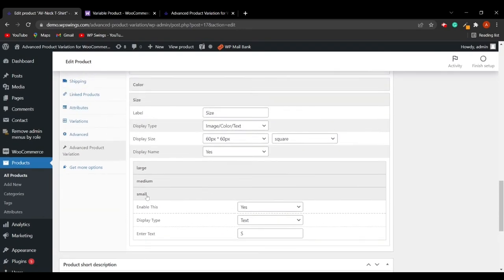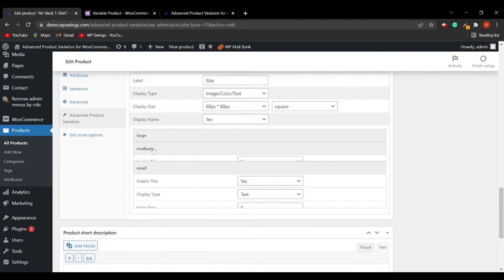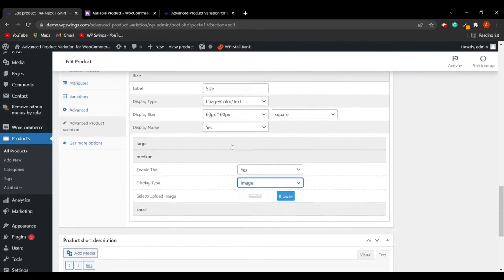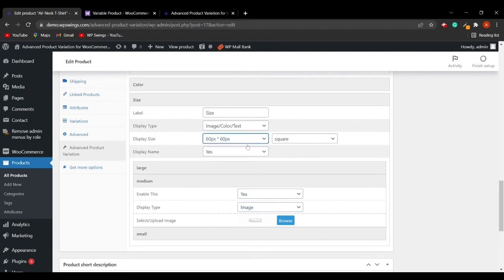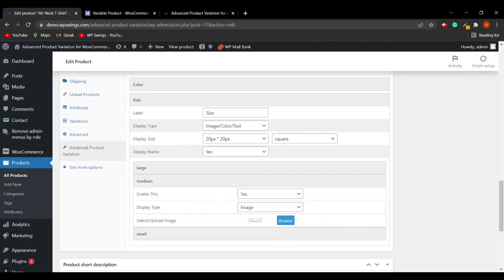So like if I have selected for small, I have selected image here, and here I want the image size to be 20 into 20 pixels. And here if I will select any image, so let's again go back, and for the medium, if I want an image,